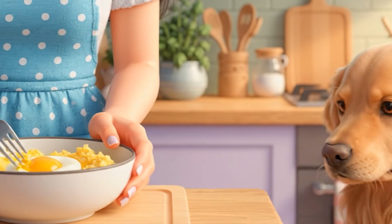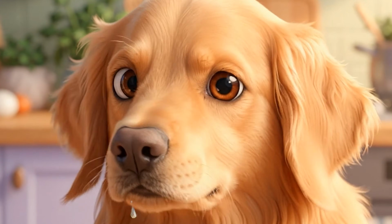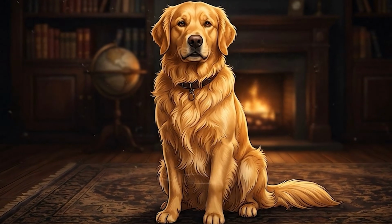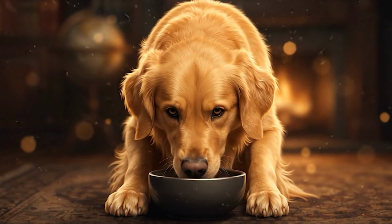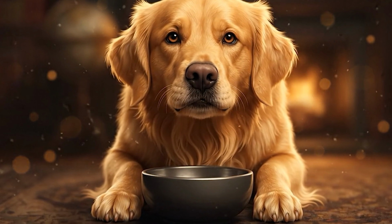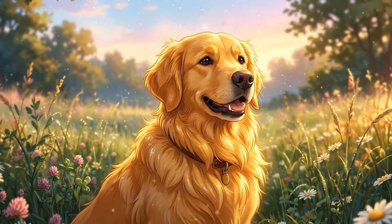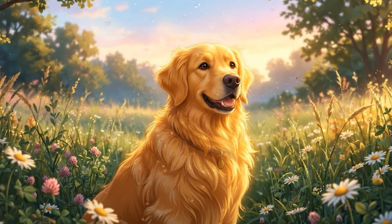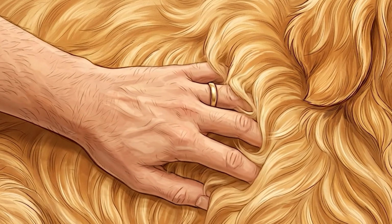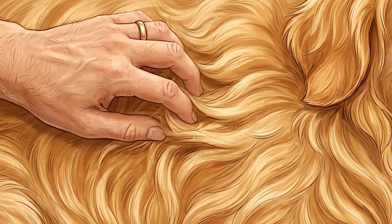Ingredient number 3 is the whole egg, an unmatched source of highly bioavailable organic nitrogen. Veterinary nutritionists treat cooked eggs as the absolute gold standard when evaluating total protein and amino acid quality. For its first primary benefit, eggs contain a vast concentration of biotin and essential fatty acids that directly regenerate hair follicles and epidermal tissue. Integrating cooked eggs 3 times a week completely halts excessive shedding and transforms dull coats into